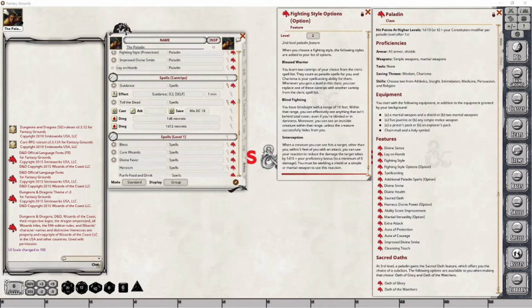However, it does not guarantee a hit as a result of that. It's still left up to the rolls of the dice. To help counter any disadvantage that might be applied to your character due to darkness or due to being blind,